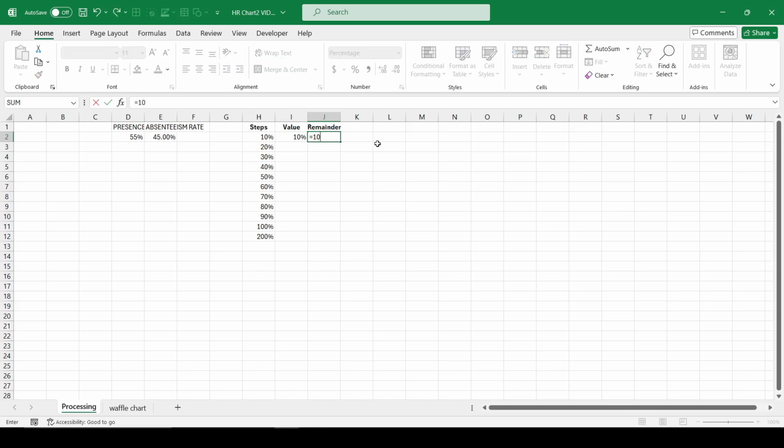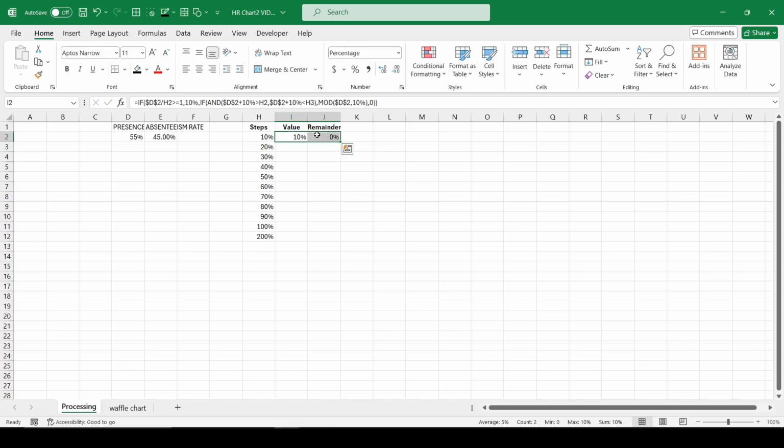The third column has a formula to calculate the remainder of the unfilled part of the waffle chart, from the initial value to 100% completion.